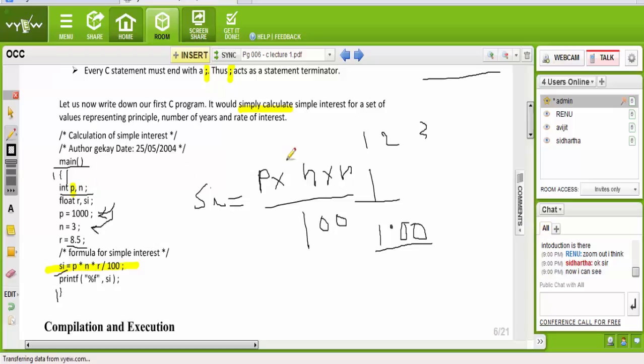Okay. Now we know R is 8.5. It is a floating value, and the calculation is the multiplication of R. That is why the simple interest would be floating also. So R and SI are declared as float numbers. Till now, is it clear to you?